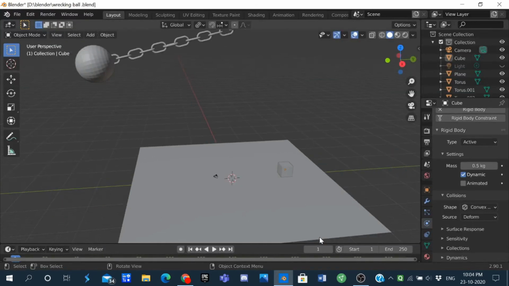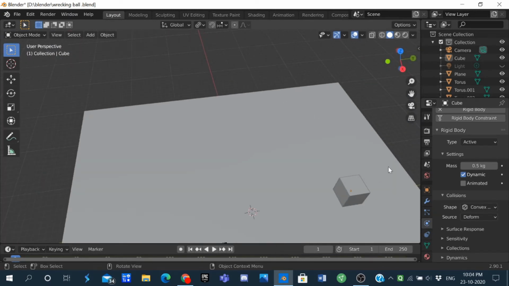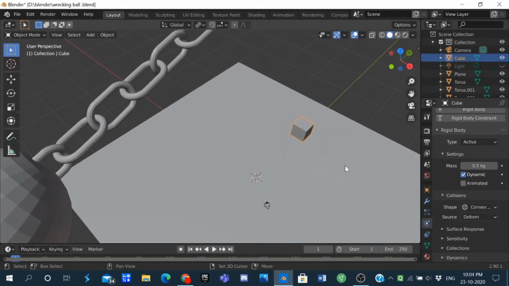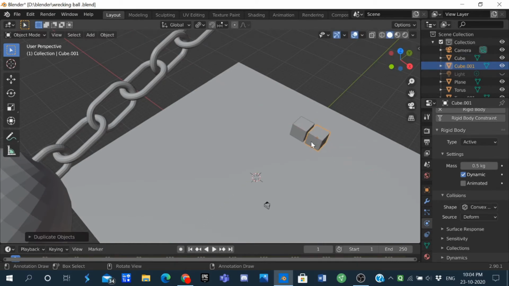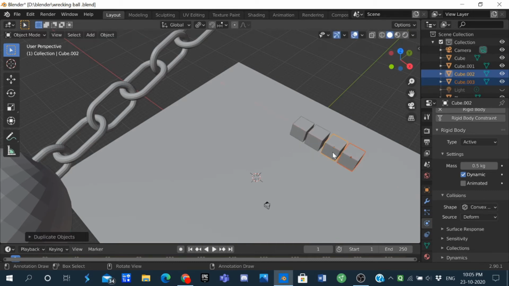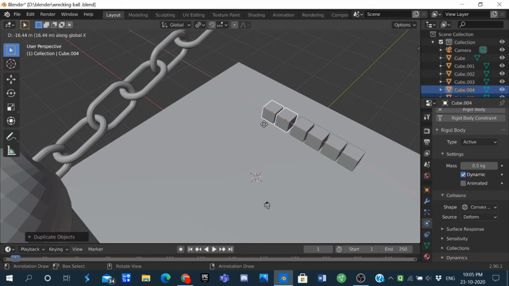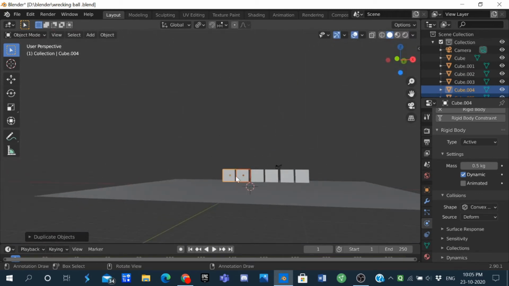Okay, so now we have to add the cubes. So first select that cube, Shift D it, move it over here, then select both of them, move it over here, and then select both of them, move it over here. Okay, so now select all of them,